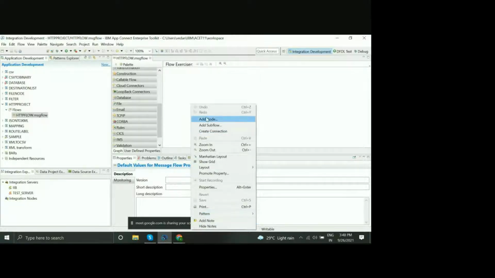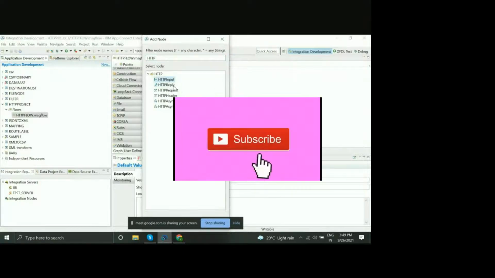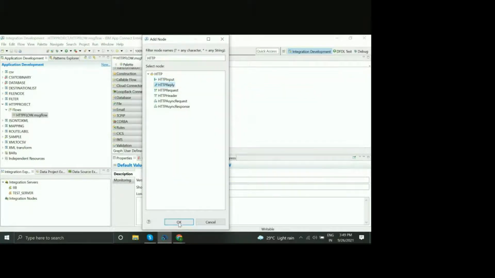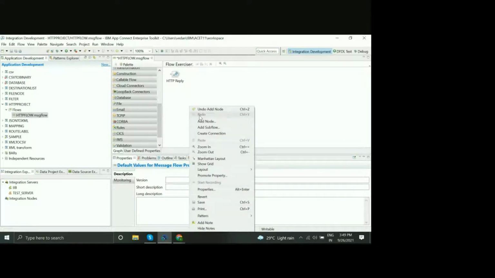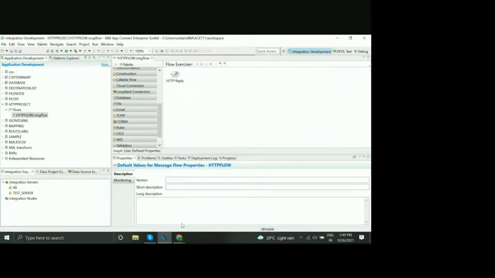Right click, add node, search for HTTP. Add HTTP input and HTTP reply. Select HTTP input, click on OK. Drag it down.